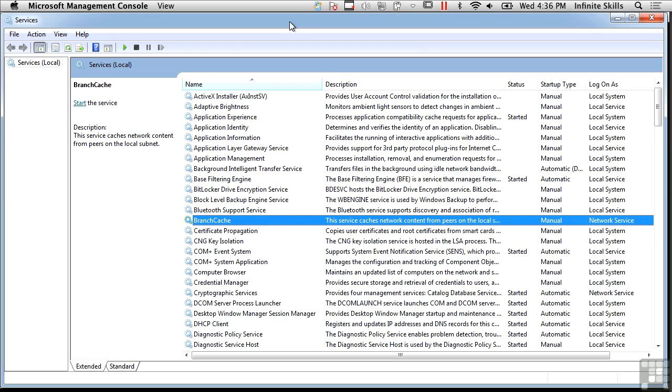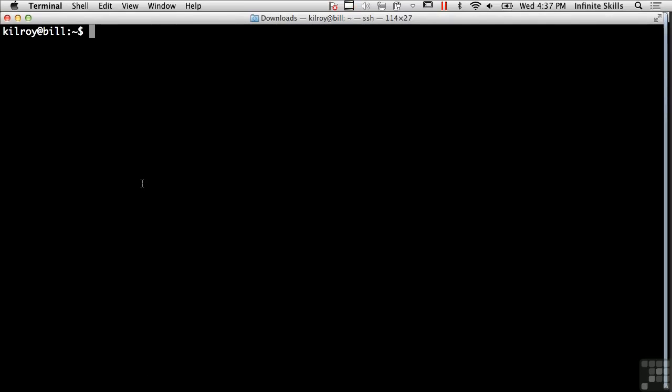Sometimes you'll have a service that looks for hardware to be plugged in. For example, Apple has a helper service that notices when your iPod or iPhone or iPad has been plugged in, and it will launch an application like iTunes or do something else with the fact that the hardware has been plugged in. There are other types of services, and those network services, I can show you under Linux, will have